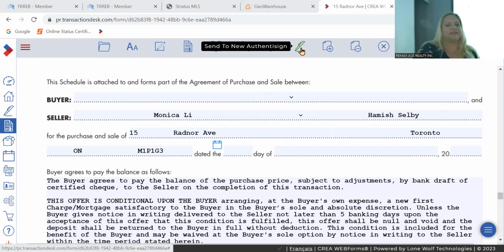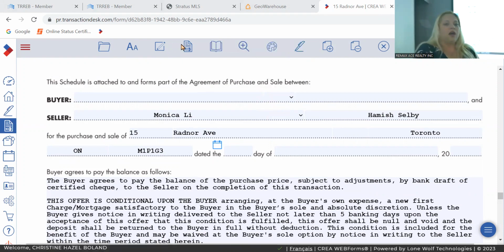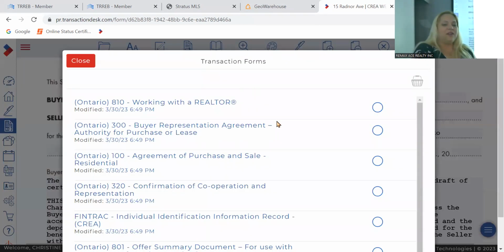So we're going to go to the signing kits. Instead of going directly to the pen up here, I'm going to go to my transaction forms, which is the paper here with the little doggy ear on it. And I'm going to pick which documents my client needs to sign. My client does not need to sign the identification record. They need to sign the offer summary document though. They need to sign the confirmation of cooperation, the agreement of purchase and sale, the buyer representation, and the working